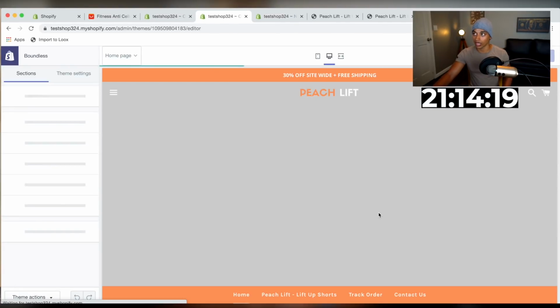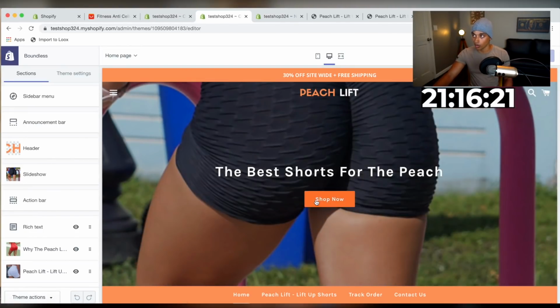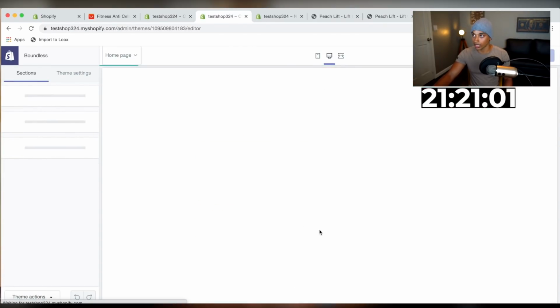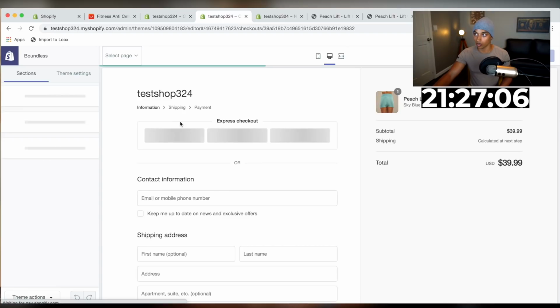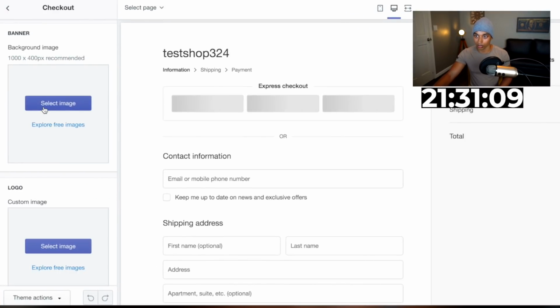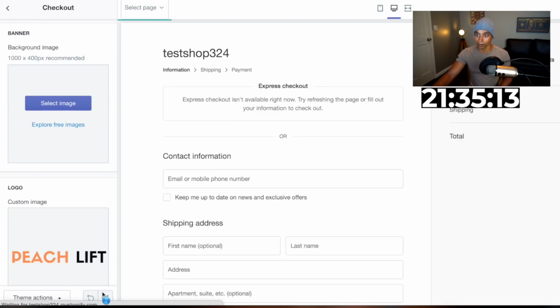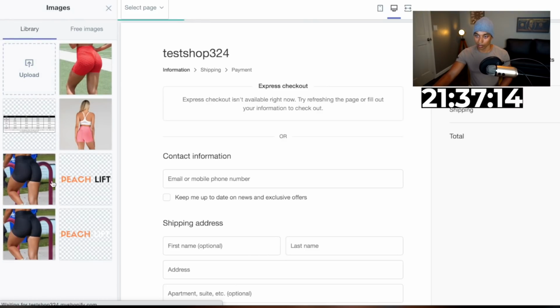And we're gonna wanna do one last thing before the store is actually done. We're gonna wanna add this product to cart, because we need to actually change the checkout, because it doesn't let you do it unless you actually go to checkout. But we're gonna wanna edit the logo up so it's showing over here, and we're gonna wanna change the colors. So for the custom image here, I'm gonna put these guys, and then we could probably put a cool background image also. Hey guys, so the camera actually died, so you won't be able to see this face,